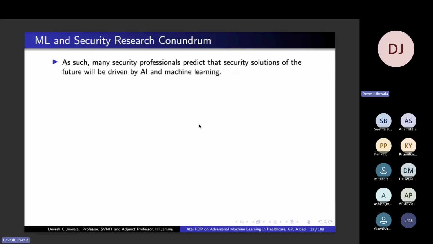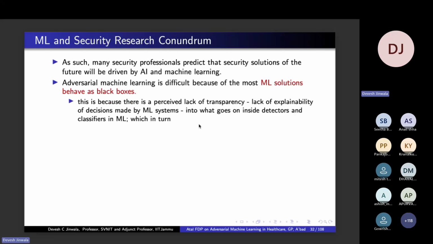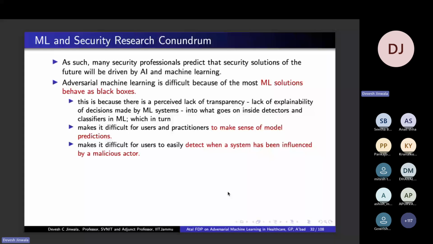This also gives rise to what is referred to as the machine learning and security research conundrum. What we mean by that is most machine learning solutions behave as black boxes. These days we often talk about explainable AI: in order to understand how a machine learning or deep learning model is working, we must be able to convey what is happening behind the black box, because a machine learning solution is typically accepted as a black box. But that also makes it difficult for users, security designers and practitioners to make sense of the model prediction. If I understand what is happening behind the scene,